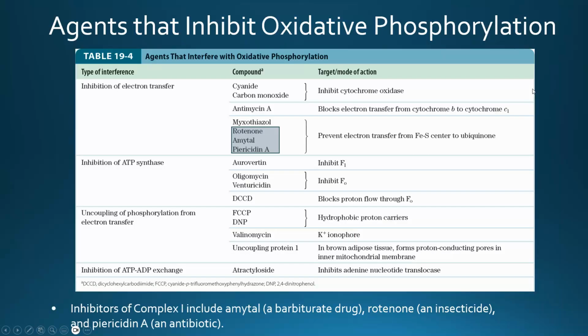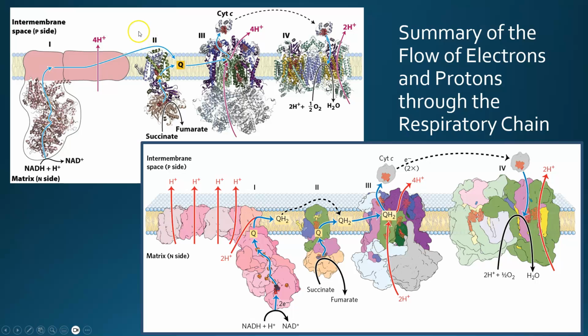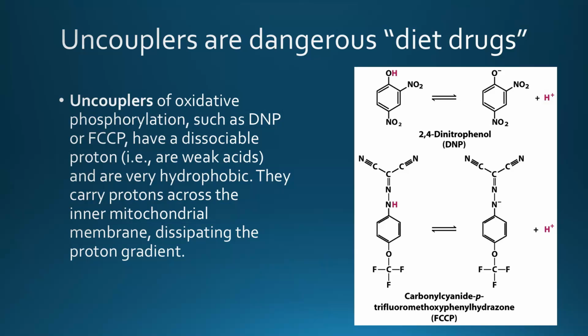When that happens, the protons that have been pumped out can be carried by that uncoupler back into the matrix. That disseminates that proton gradient without producing ATP. That can make it a diet drug. Since the energy is not being saved as ATP, it is also going to generate some heat. The difference between an effective, quote, diet dosage and the dosage which would kill a cell because it can't generate ATP is just way too close together to consider actually using these as pharmaceuticals.